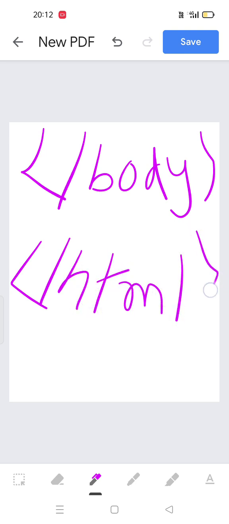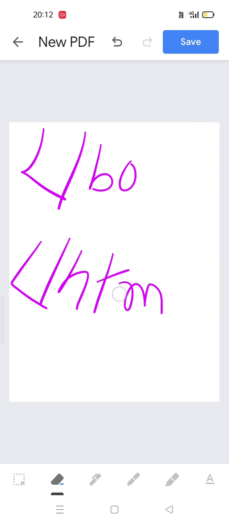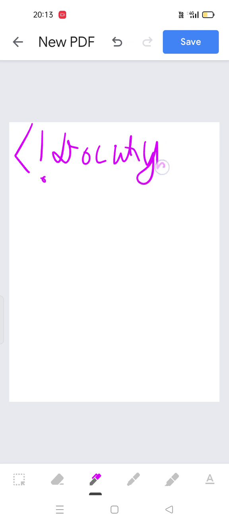Okay, so till here we have understood. Now, without looking at the book, we are going to write the HTML doctype structure, and then we will check whether we have written it correctly or wrongly. So now I think first there will be an angular bracket, exclamation mark, doctype, HTML, and the end of this. Okay,